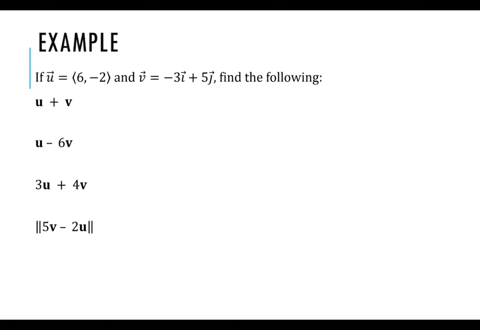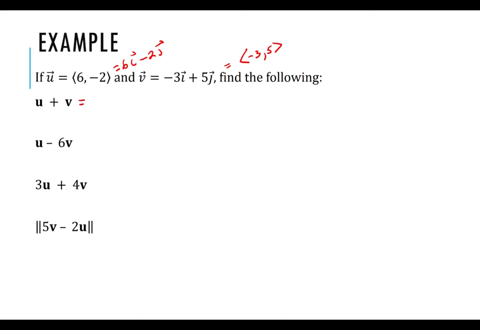If the vector u is the component 6, negative 2, and the vector v is negative 3i hat plus 5j hat, we want to find the following. First off, recognize that I just wrote it in two different ways so that you could see both representations, but of course you can adjust this. This is then 6i hat minus 2j hat, and this, if you would rather use the component form, is negative 3, 5. You can work with whichever one you want, but if you use the i hat j hat notation,